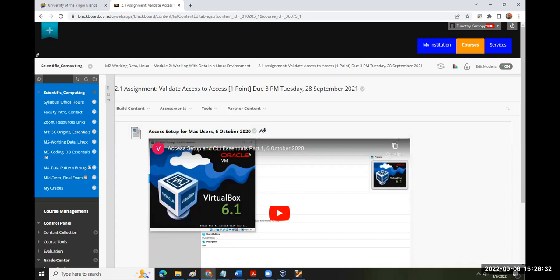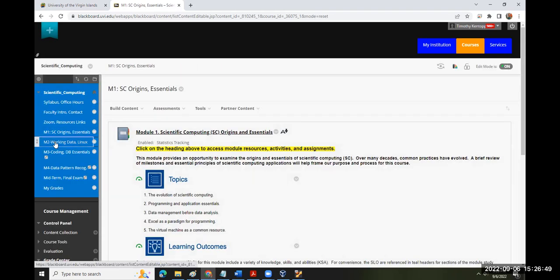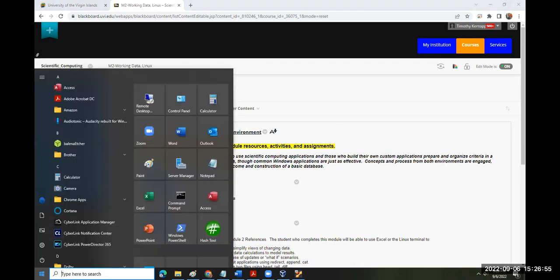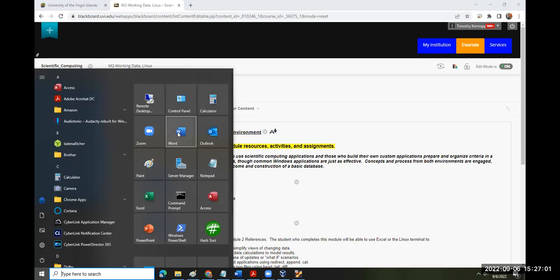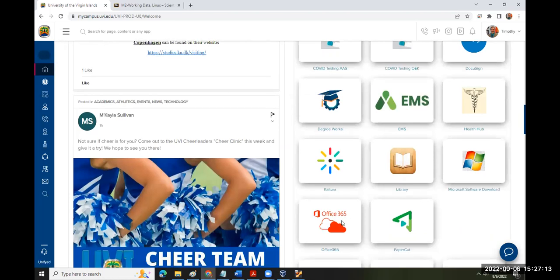One of the things we're going to do in our second module is for you to validate that you have access to Microsoft Access. If you have a Mac system, we'll talk about that when we introduce the 2.1 assignment. Essentially, if you are a Windows user and you have a login for the UVI campus, you can install Microsoft Office 365 from inside the portal on up to 5 systems. You do that by coming down here to Office 365,